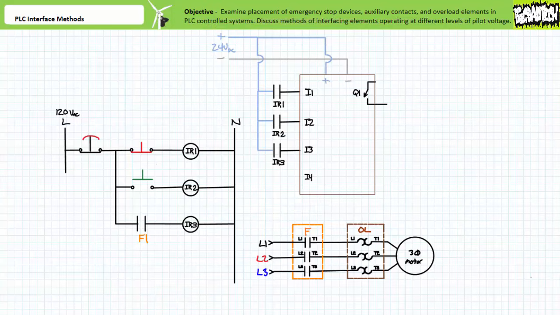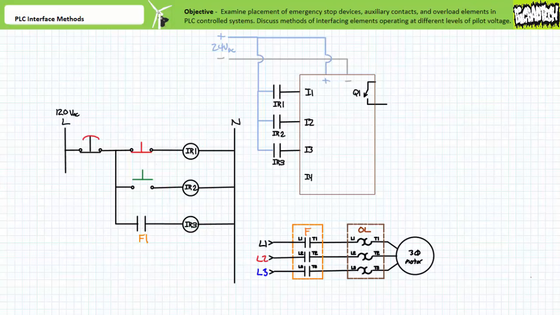However, we need to use 3 field input devices. Let's assume they're a normally closed momentary contact red push button, a normally open momentary contact green push button, and the F1 contact or auxiliary contact that all operate at 120 volts AC. To interface the field input devices operating at 120 volts AC to the PLC operating at 24 volts DC, one would hardwire the 120 volt AC rated push buttons and auxiliary contacts such that these inputs do not directly energize the PLC, but rather selectively energize or de-energize the 120 volt AC rated coils of interposing relays IR1, IR2, and